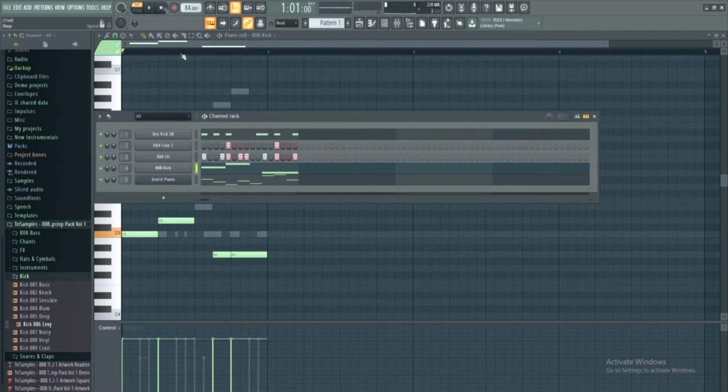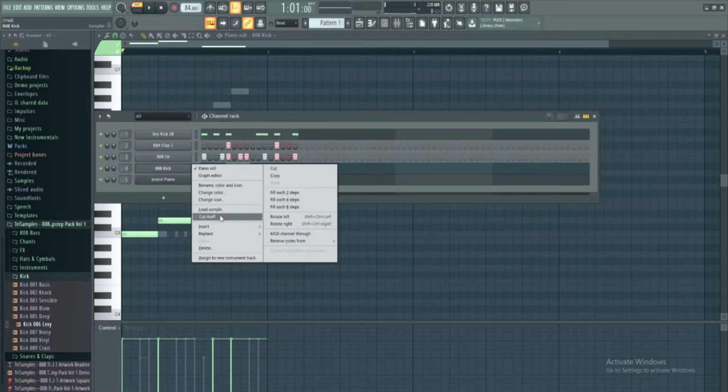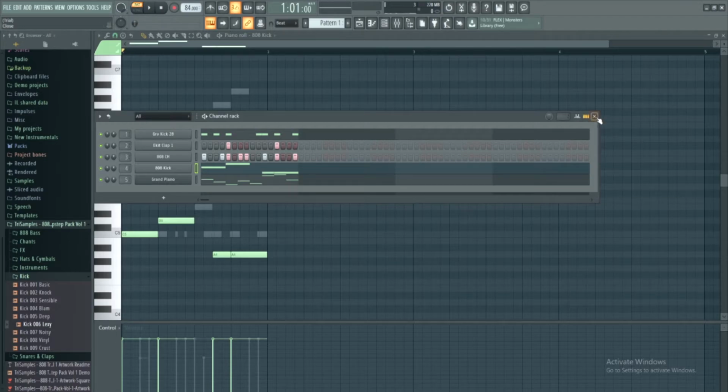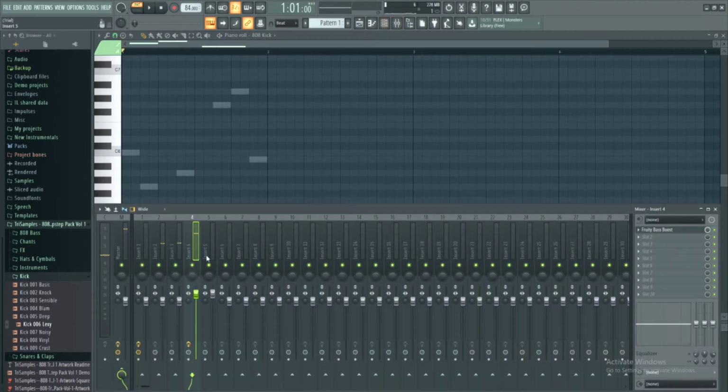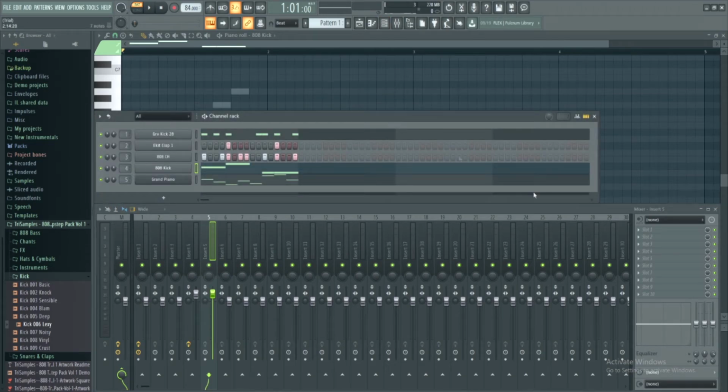Also, guys, another thing you want to do with your 808s, I forgot to mention, go in here, click cut itself. That way, whenever the next note starts, the last note will automatically end. So let's hear how it sounds now. That sounds really good. And now, next thing that is fun to do, especially with piano sounds, to make it